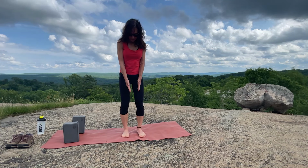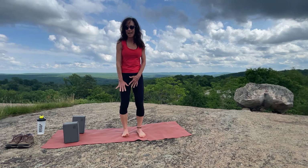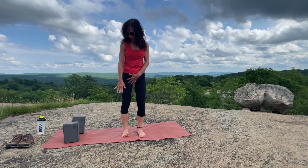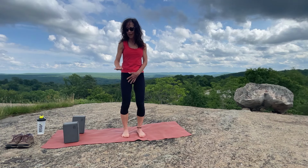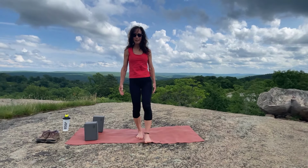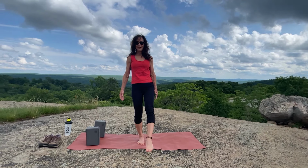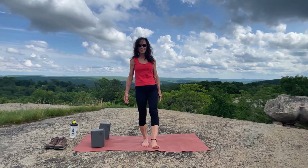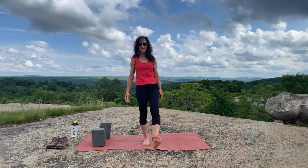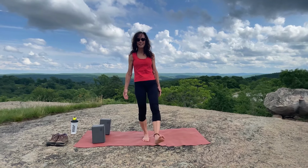Having our feet be parallel to each other now. You're standing on your right foot, so maybe you want to lift your toes up and separate them a little bit so you have more space to balance on. So you're coming on your right foot and extending your left, and we're pointing and flexing, pointing and flexing, and we'll make little circles to the right